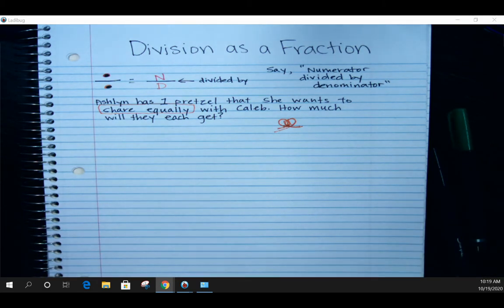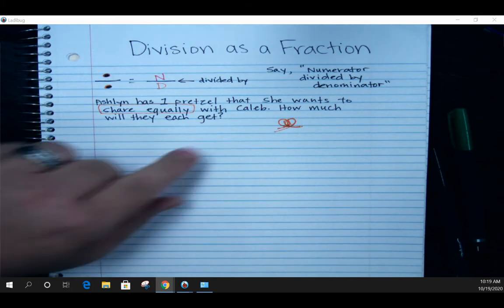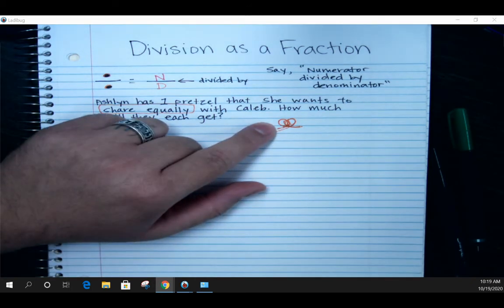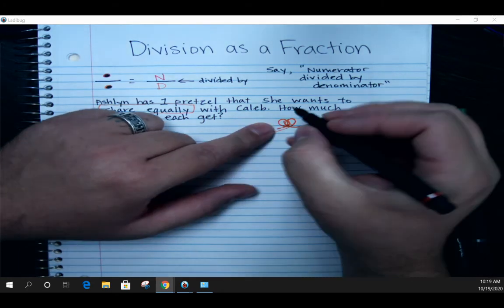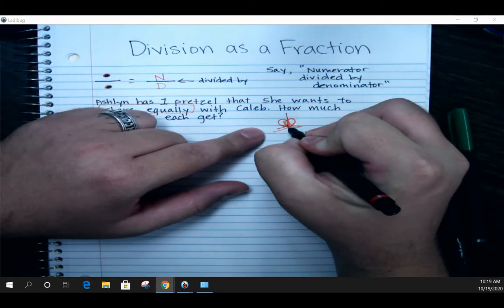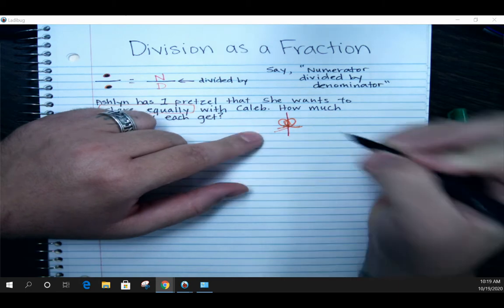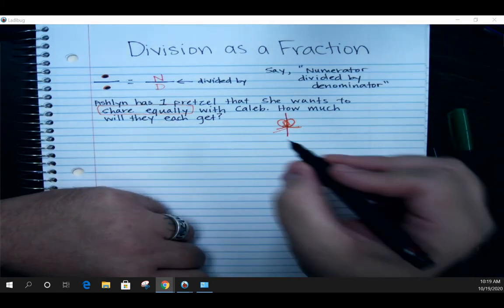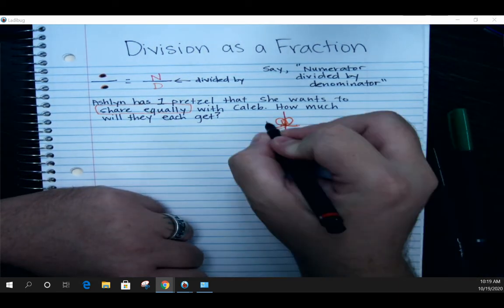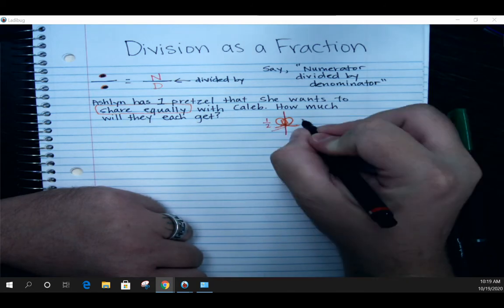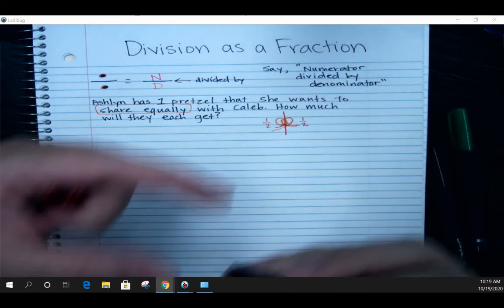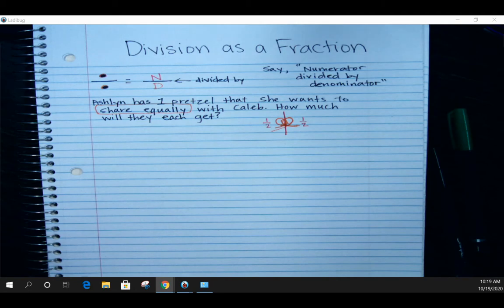And how many pretzels did we have? One. And Ashlyn's sharing it with Caleb, so how many people? Two. I'm going to cut the pretzel in half. How much does Caleb get? How much does Ashlyn get? So they each get